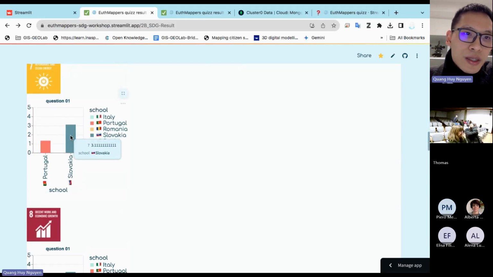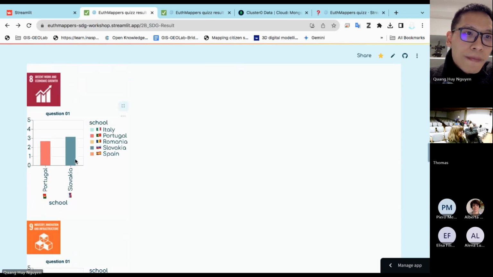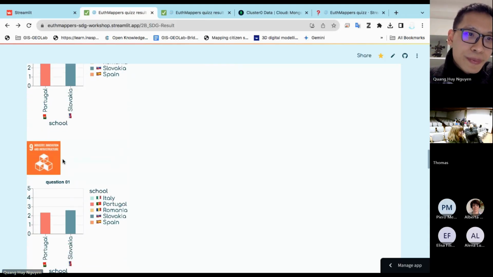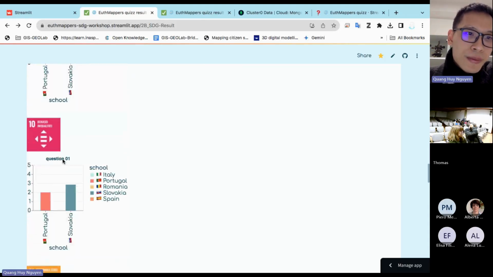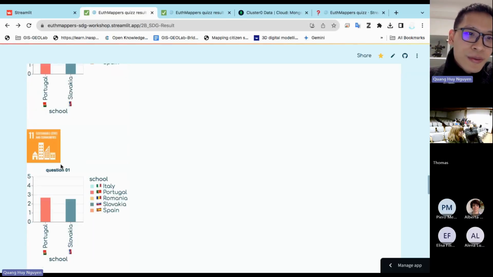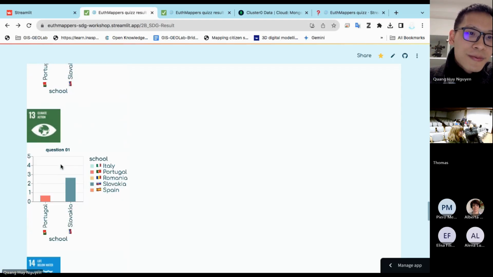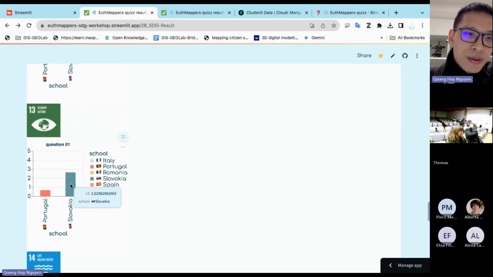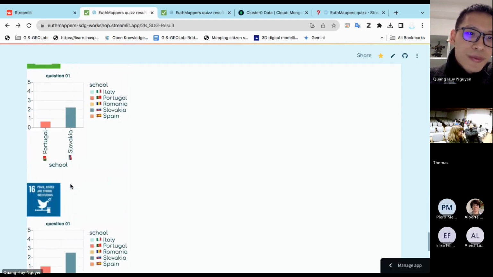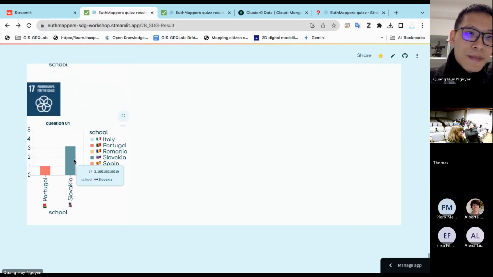Or here we see economic growth, also important. Inequality, not. Climate action, no. Yes, this one is also really interesting.